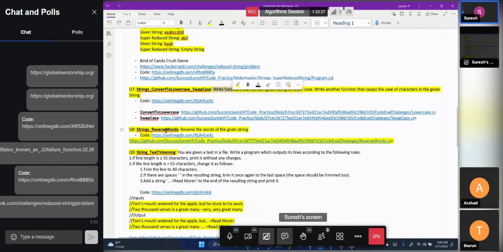And the next one is reverse the string, reverse the words of the given string. How to reverse the string? I think this is a very simple algorithm. And text trimming is another thing we'll discuss next time: how to trim the text. Basically, if you're reading articles, we'll say something